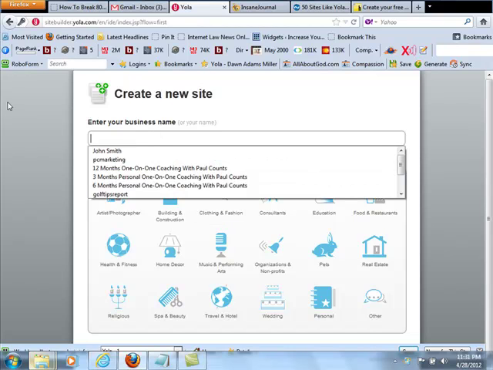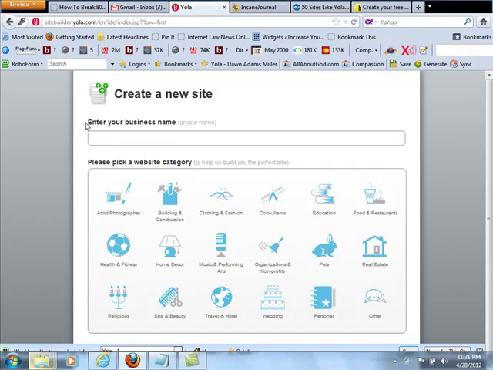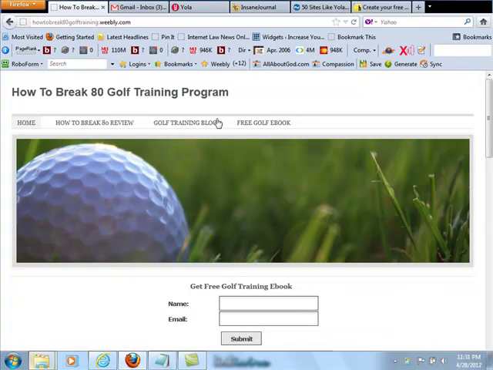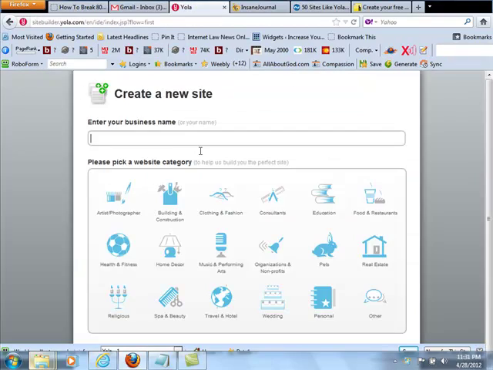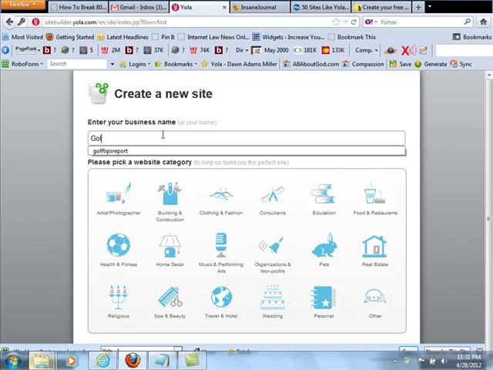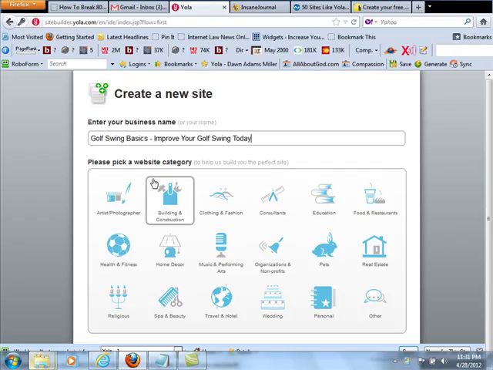And what we're going to do is enter the business name or keywords that we're trying to approach and go after. So what we're wanting to get ranked for here is something related to golf training. So we're going to go with golf swing basics. Improve your golf swing today. So we're going to go down here. Please pick a website category. So we're going to see if our category is available here. Let's see,